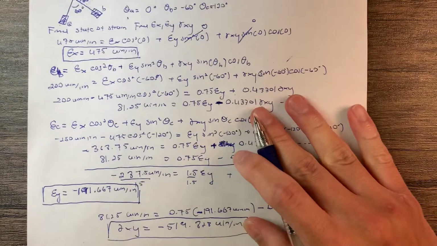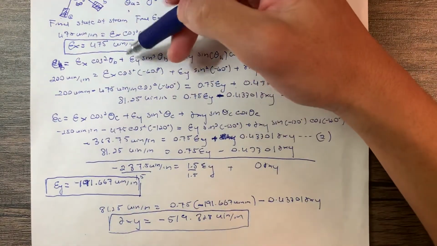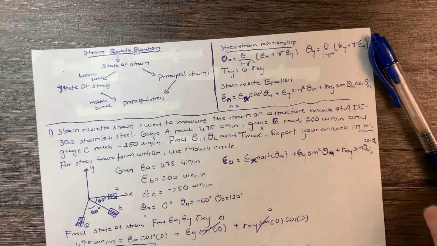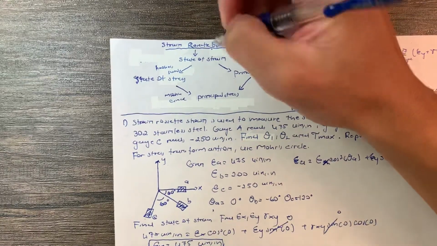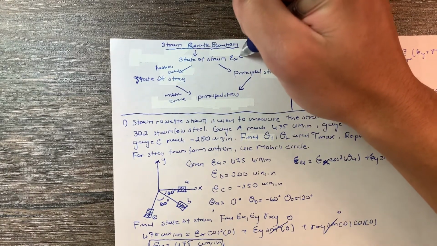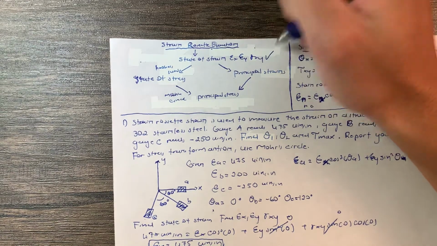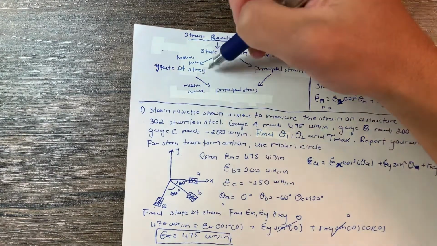So we found our state of strain. Epsilon x right here, epsilon y, and gamma xy. So if you refer back, we found our state of strain right here. So we found our epsilon x, epsilon y, and gamma xy. So check. And then the next step that we need to do is we need to find the state of